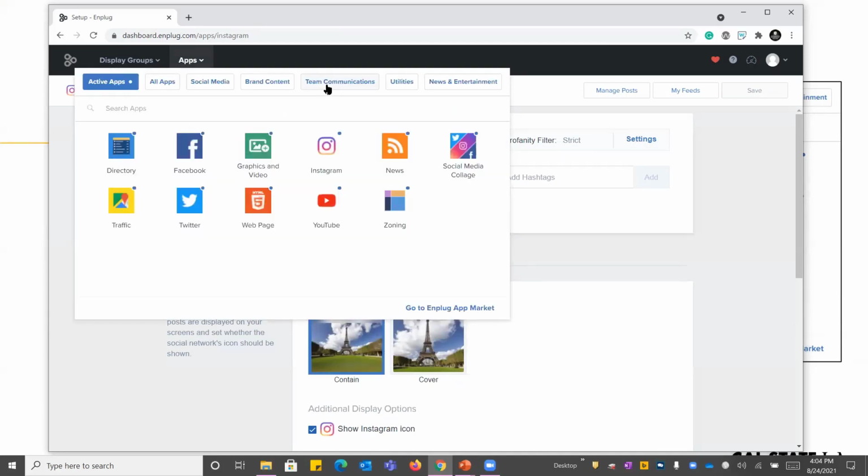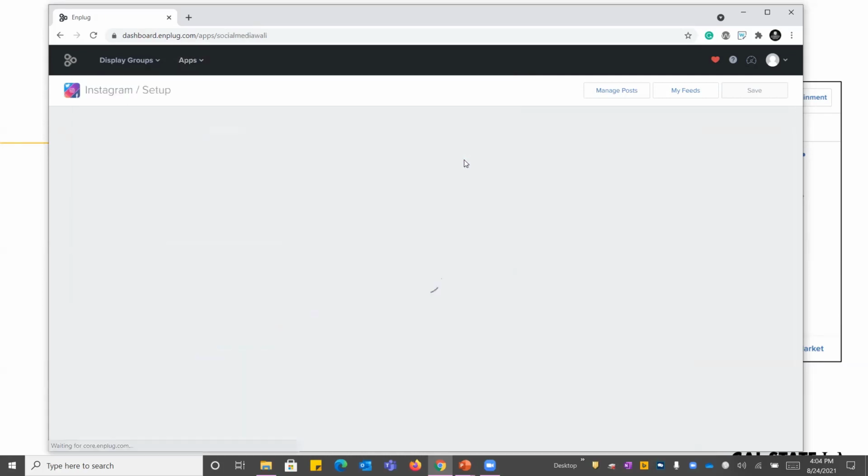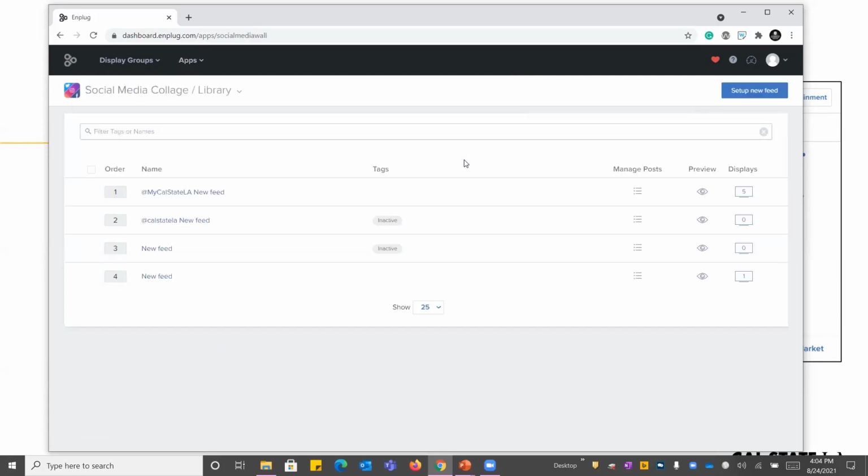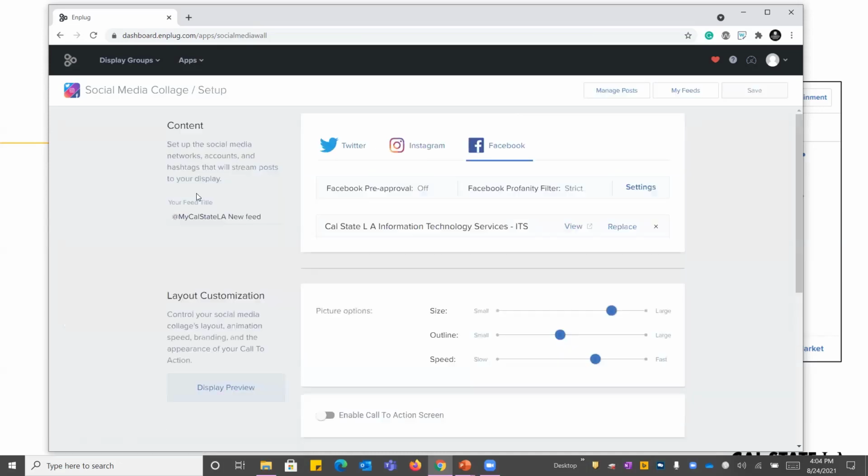Another social media related app that I do want to point out is the social media collage. This is really cool because what it does is it creates a collage of all your different social media posts. So it combines Twitter, Instagram, and Facebook. And just to show you what that roughly looks like,